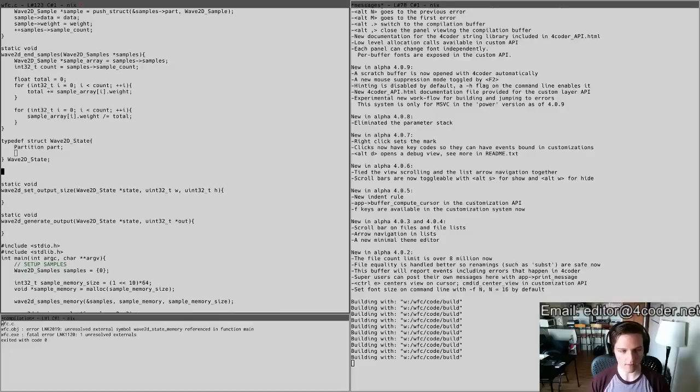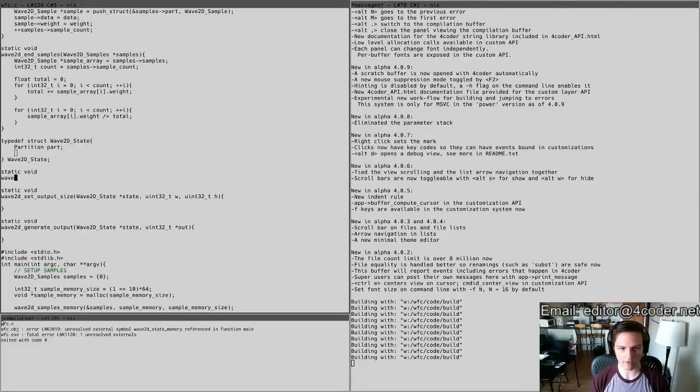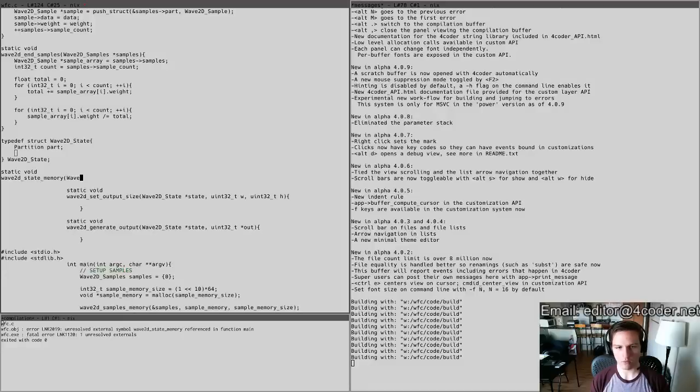Ah, you need state memory as well. Static void wave 2D state memory. Interesting. Okay, anyway, wave 2D state memory